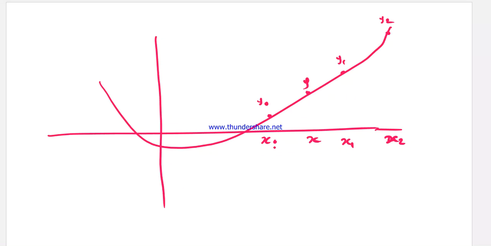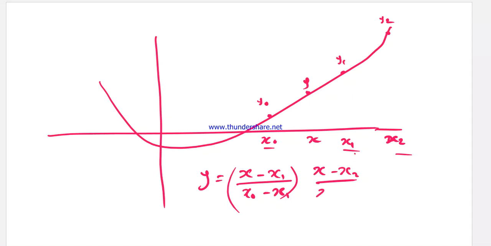So Lagrange says that once you take x naught as your reference, then you subtract x1 and x2 from x and x naught. When you take x1 as your reference, you subtract x naught and x2 from x1 and x. So let's see. To find y, let's take x naught as reference now. That means we subtract all other points from x and x naught. So that means x minus x1 all over x naught minus x1, multiplied by x minus x2 all over x naught minus x2, everything multiplied by y naught,